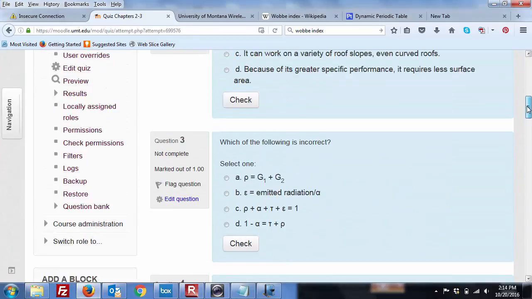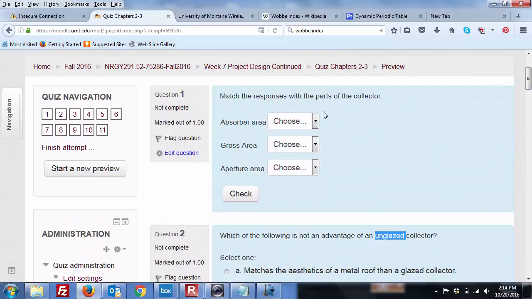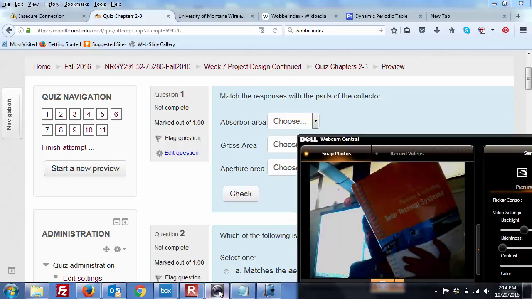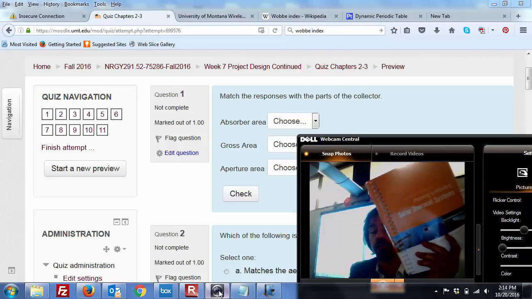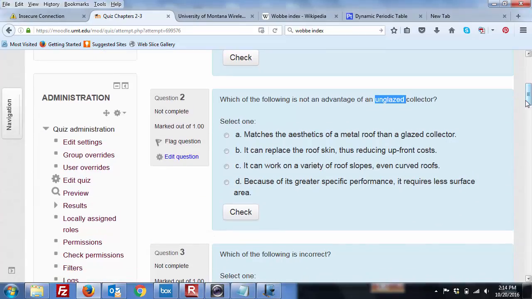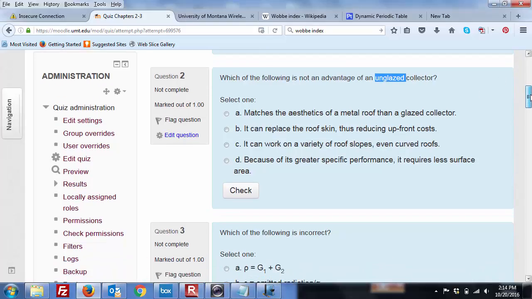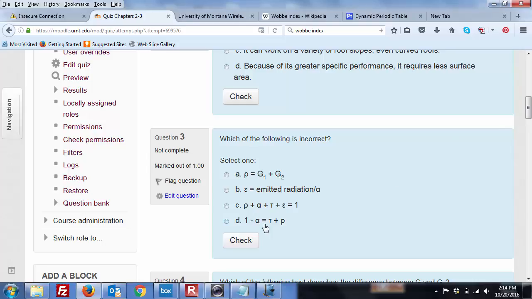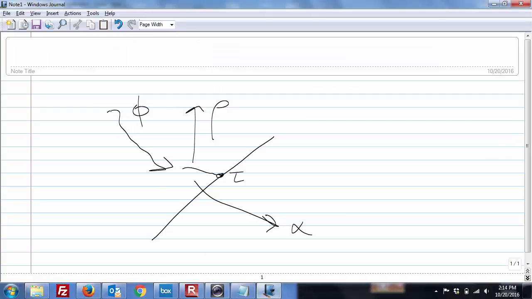Okay, let's just review what we just went over. So, absorber, the gross area and the aperture area. Again, one's the biggest, one's the smallest, and one is in between. That's in the book. It's fairly self-evident, but check that out. Unglazed means there's no glass on the solar thermal. That's also fairly straightforward. What I just explained here is when a photon comes in to your chunk of solid matter, which is right here, it's either going to be